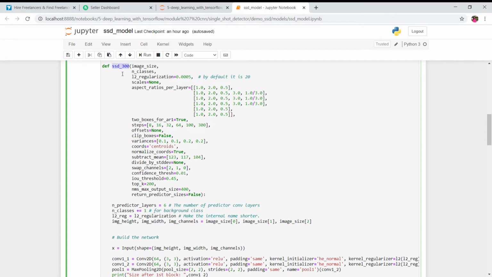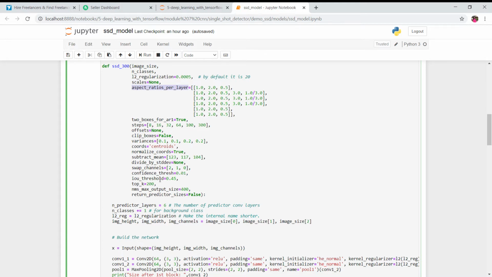This is the function which will contain the code of the layer architecture of SSD, and these are the important parameters while writing this particular function. So what are the important parameters? The size of the image, how many output classes we are going to have, L2 regularization, what all scales we want to use, what different aspect ratios we want to use, right?